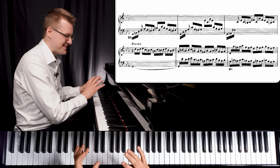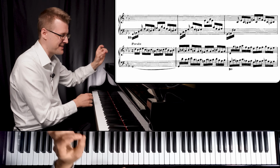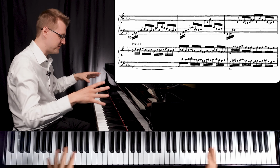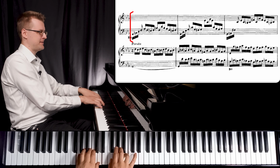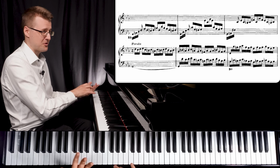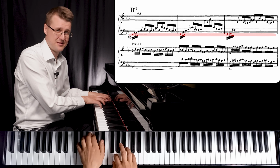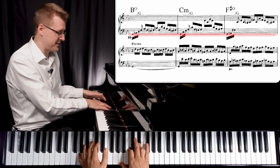Okay, so now this build up towards the end is going to go through various stages. The first stage is a change in texture. It's actually 4 changes in texture, and the first one, we get this figuration collapsed into a single line of an arabesque starting here. For those 3 bars, we now have a G pedal still all the time, and it's G7, dominant 7, going to C minor, still in second inversion, and this diminished chord back to G,